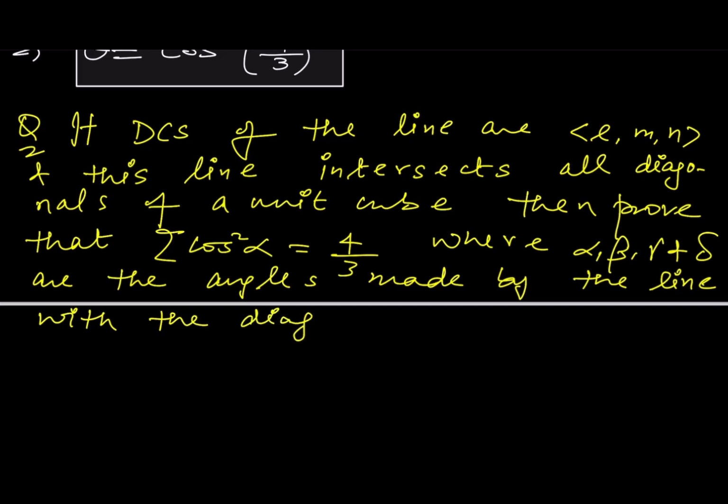If that line is making angle alpha with a diagonal, then cos alpha will be L into 1 by root